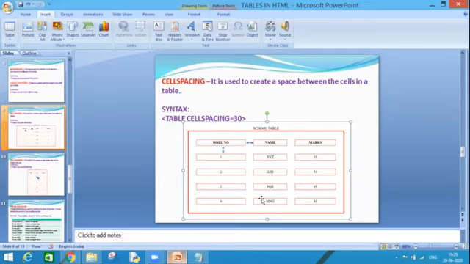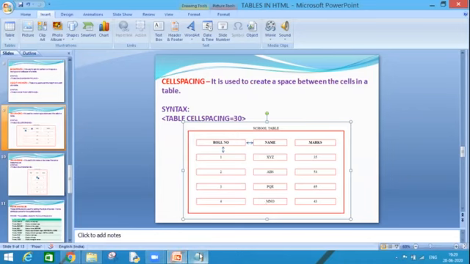The space between my cells horizontally and vertically both will be increased equally. So let's recapitulate again. Cell spacing is used to increase the space between my cells in the table.